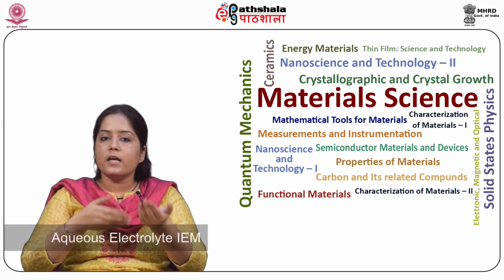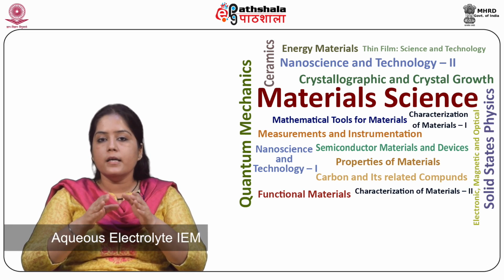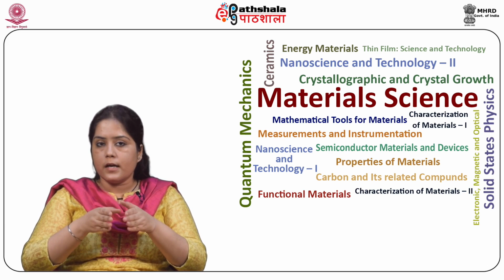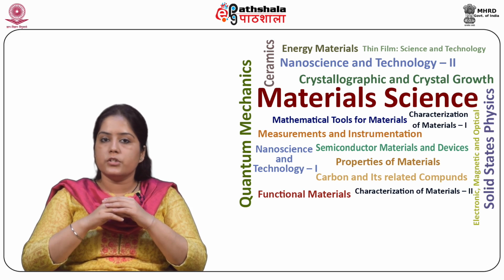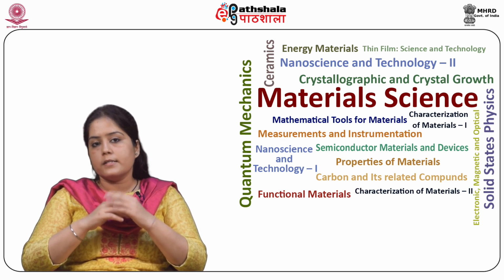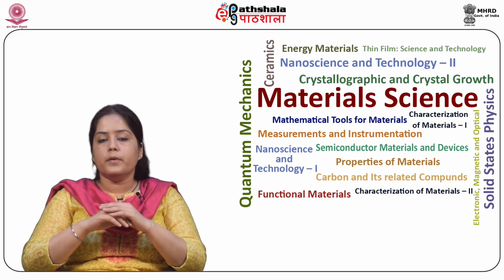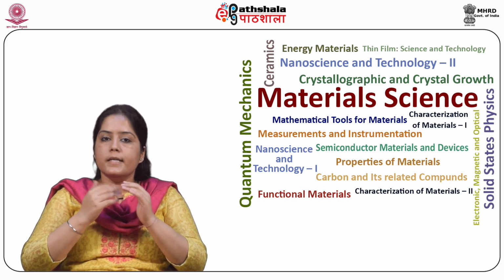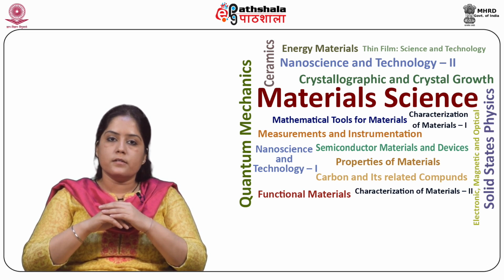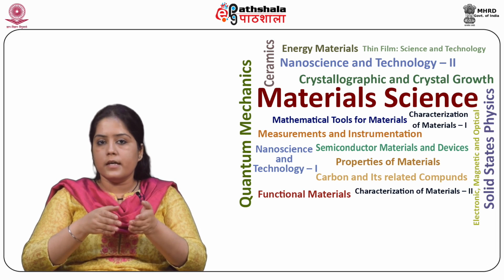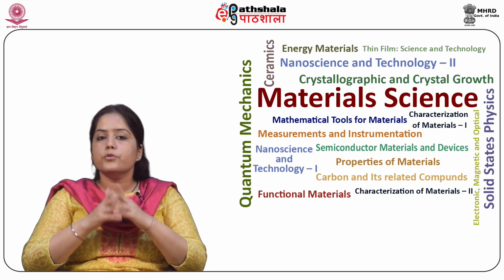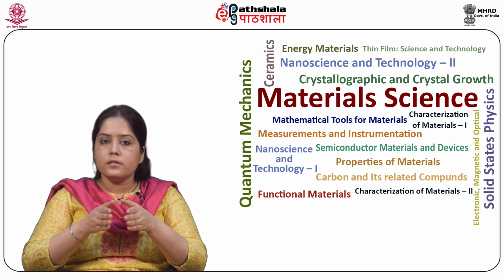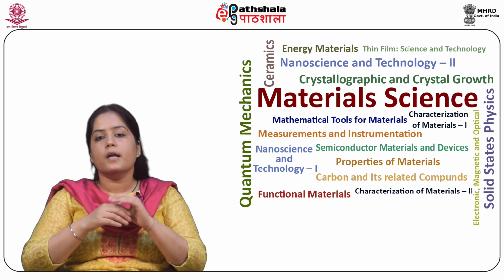So, in aqueous electrolyte, IEM are designed to conduct the positively charged ions, that is H+ or Na+, or negatively charged ions, that is Cl-, NO3-, or SO4 2-, by means of cationic or anionic